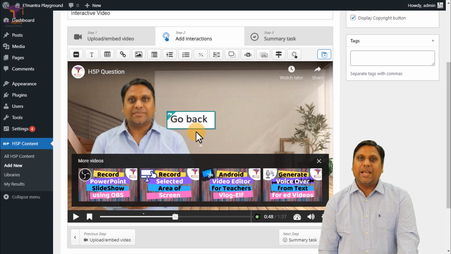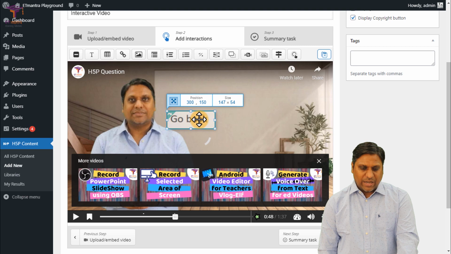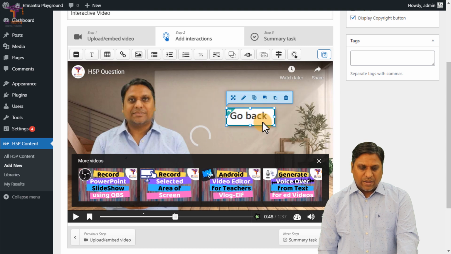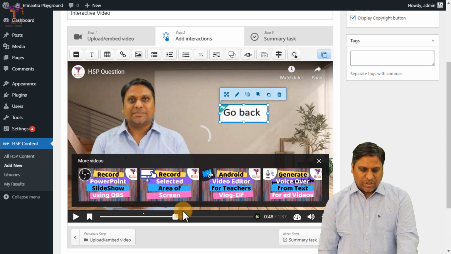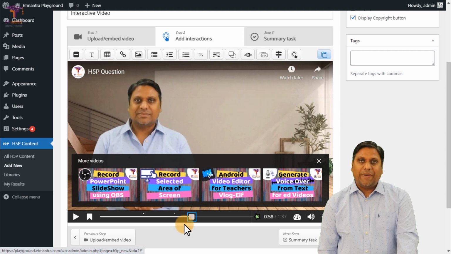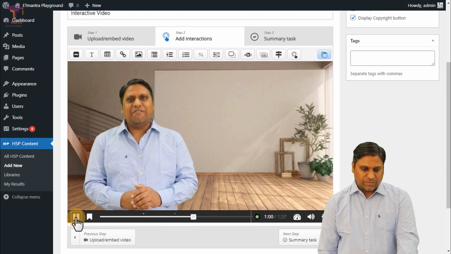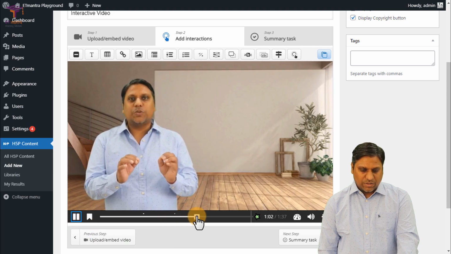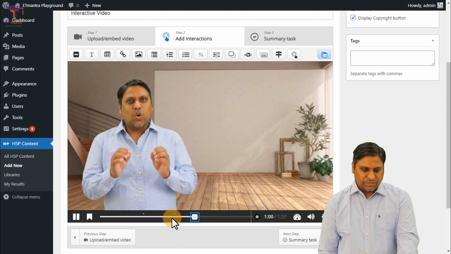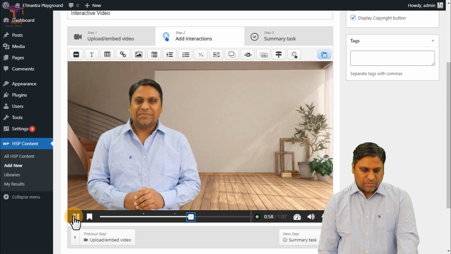And now similarly I can add the same thing on option 3, option 4 and option 2. So let's do it. I'll select this go back and copy it. Once it is copied, I can go to a particular time when explanation 2 completes, where it says you have reached so close, you have to try again.